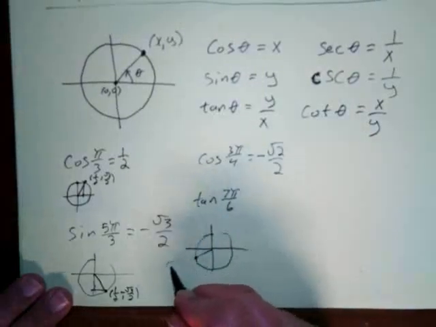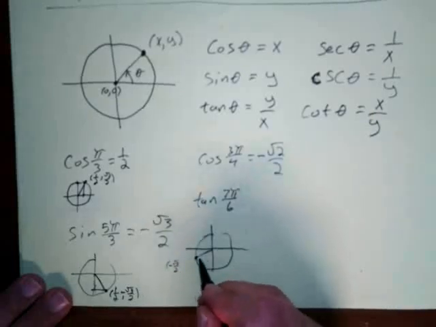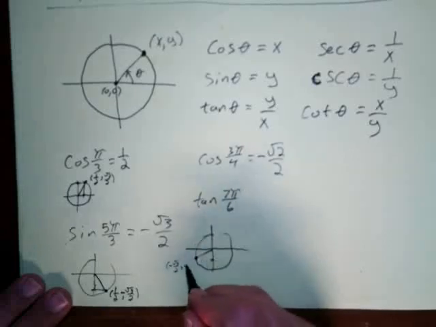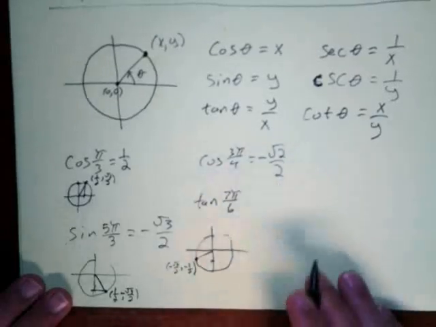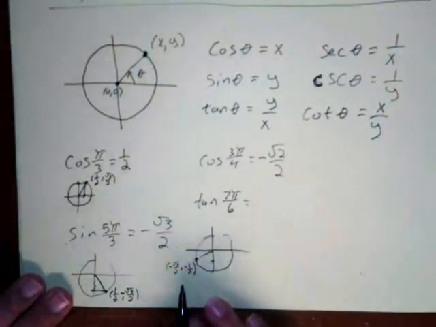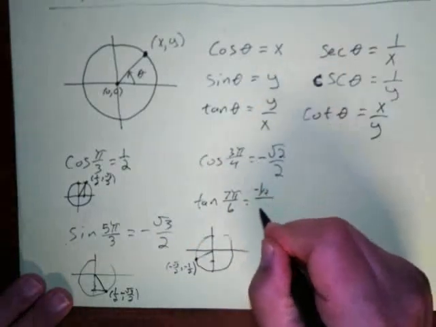The x-coordinate here is negative square root of 3 over 2, and the y-coordinate is negative 1/2. So I know they're both negative here, and the tangent of 7 pi over 6 would be the y over